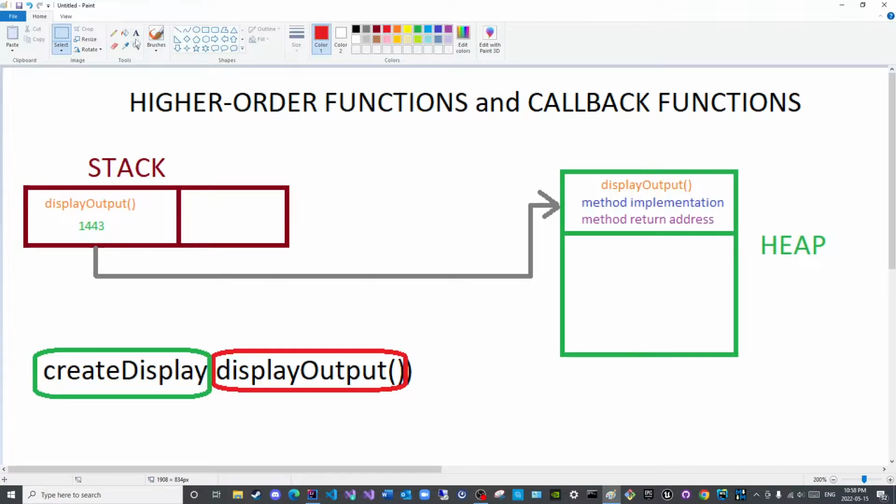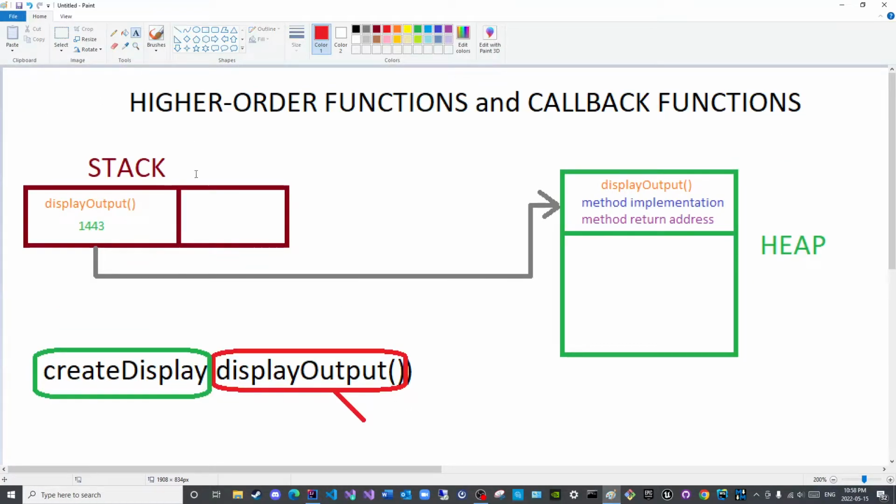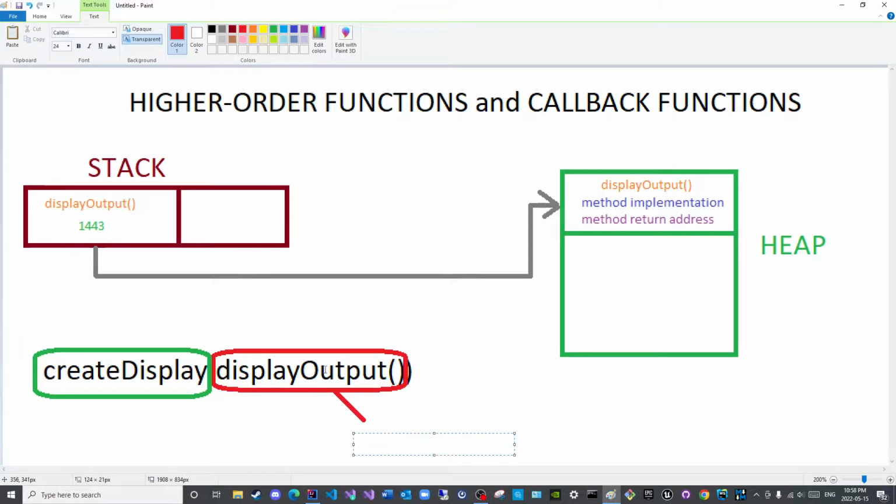This method here, or function, technically there are no differences between methods and functions, but pedantic people within the computational field would differentiate, but do not worry about the differences for this lecture. This method or this function that is being passed as an argument is known as a callback function,